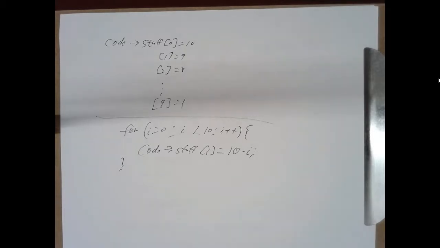You can have another variable which starts at 10 and counts down while I is counting up, and assign it like that. One person assigned it to the previous index's value minus 1. That works well. That was kind of cool. So different ways you can do this. All right, so that was question 1.